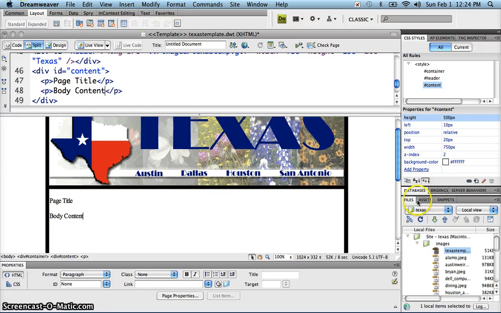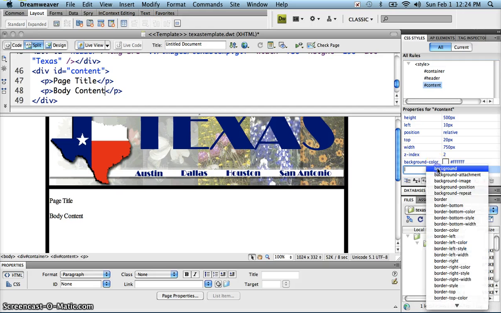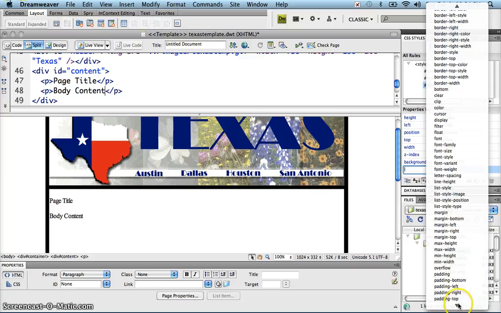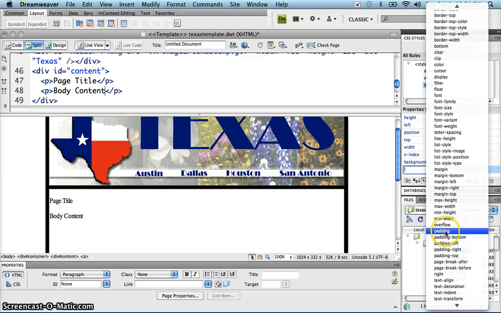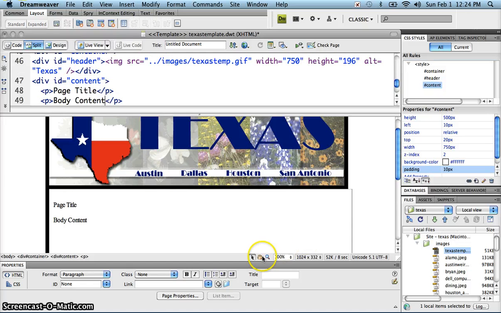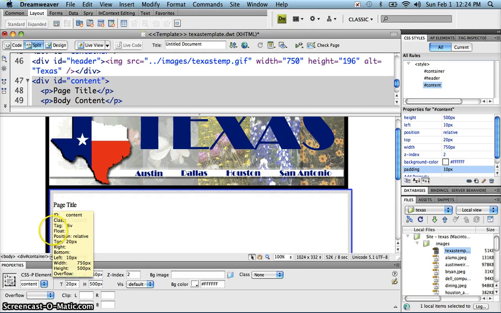So I want to add another property to this content div called padding. So if I add property and hit that button and go to P, notice that there is the ability to put in padding all the way around, or I can assign padding to individual sides. I'm going to choose padding all the way around and make it 10 pixels. Now when I do that, I get a nice little buffer here between the text and the wall,